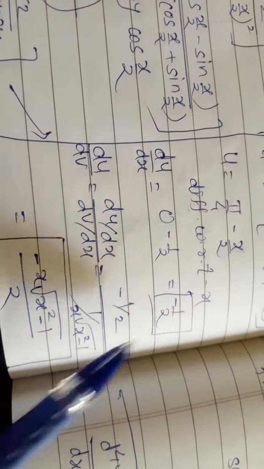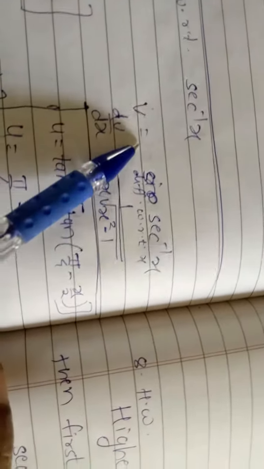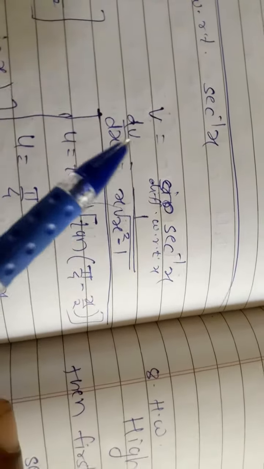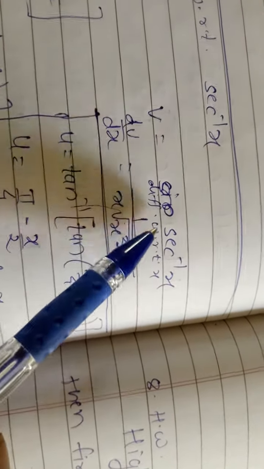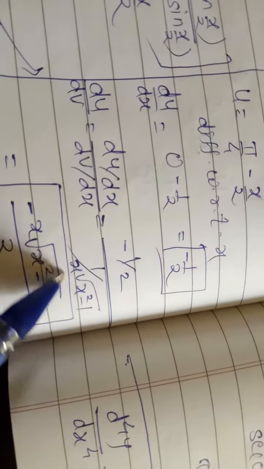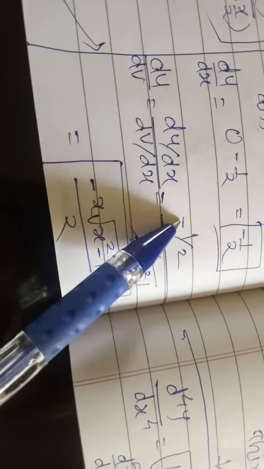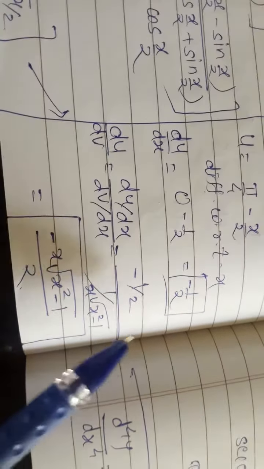So minus half upon the value of dv by dx. So first, this is my v, that is sec inverse x. So just we have to write down the formula of this one. So one step is there, dv by dx is equal to, sorry, it's not minus, it is 1 upon x into root x square minus 1. We are going to put down the value 1 upon x root x square minus 1. Now taking inverse, it will get in the numerator, so minus, that is the minus sign, x root x square minus 1 upon 2. This is the answer.